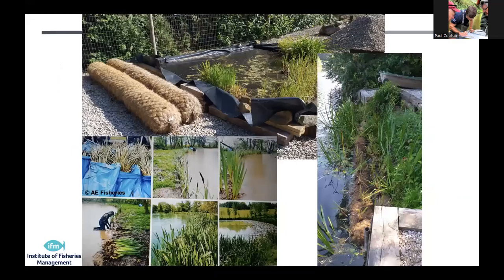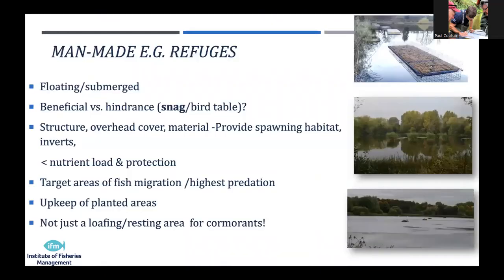Again, there's lots of ways of doing this. So these are the pre-planted coir sausages, and they come with a number of plants planted into them. These are brilliant if you want to very quickly add some greenery and shore up a margin, as you can see here. Richard got these slides from Andy Ellis, and you can see, very, very quickly, bang some coir rolls in, and you've got a pre-planted margin. You're protecting that bank, you're adding in some habitat, you're adding in some nutrient stripping, and over time that'll grow and develop, and you've got a nice area for the fish, and also from an angling point of view and an aesthetic point of view as well.